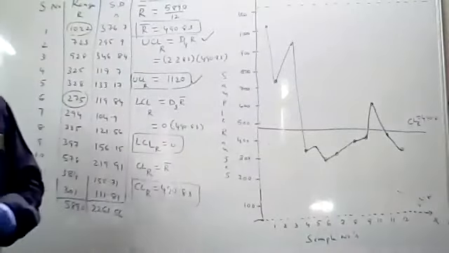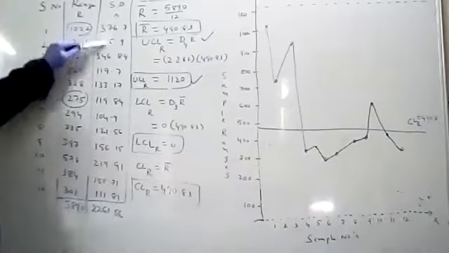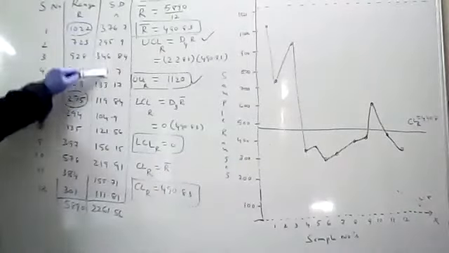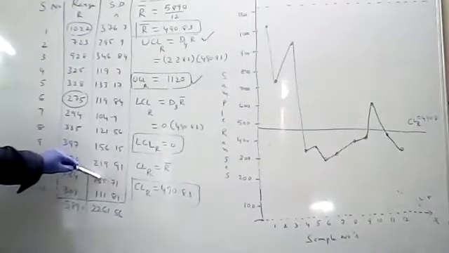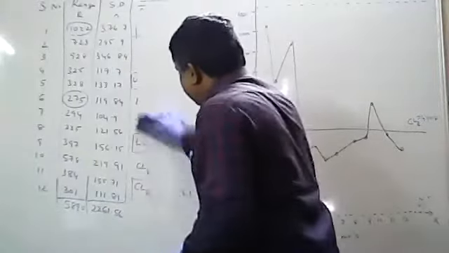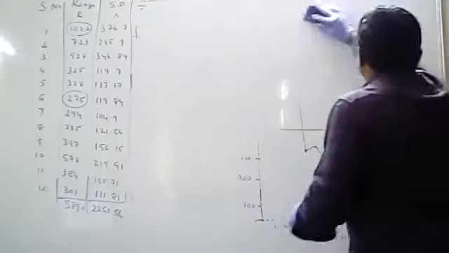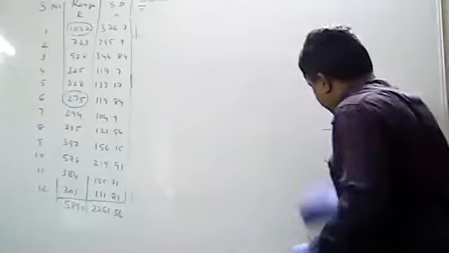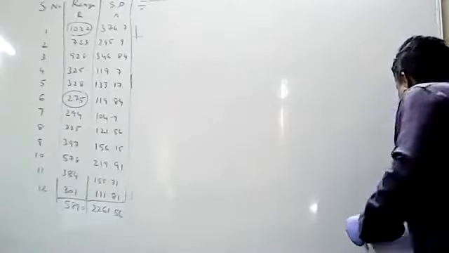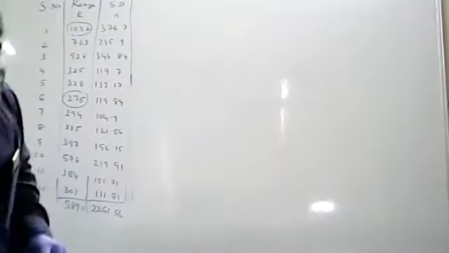Next one is the S chart, the last one. The S chart requires only S values. These are the values required. I will construct the S chart and finish this problem today. Tomorrow I will show you this problem in Excel, where we will see the mean chart, range chart, and S chart. Manually we will finish today.